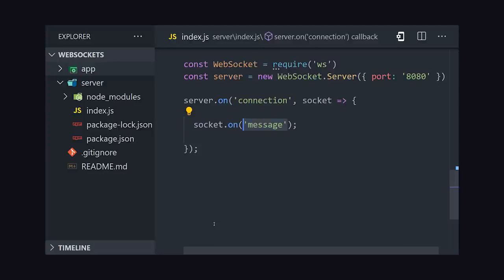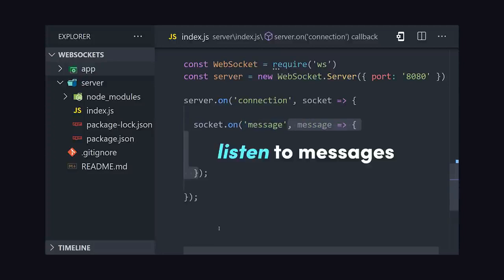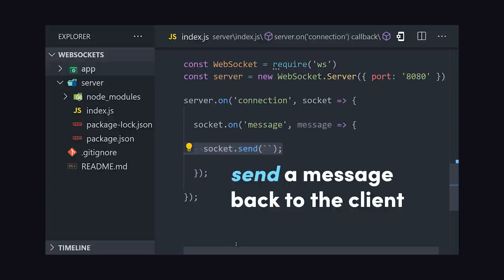With the initial handshake done, there are two things we might want to do here. We can listen to incoming messages, which would just be text in this case, and then handle them accordingly in the callback. The second thing we might do is send a message back to the client, which we can do